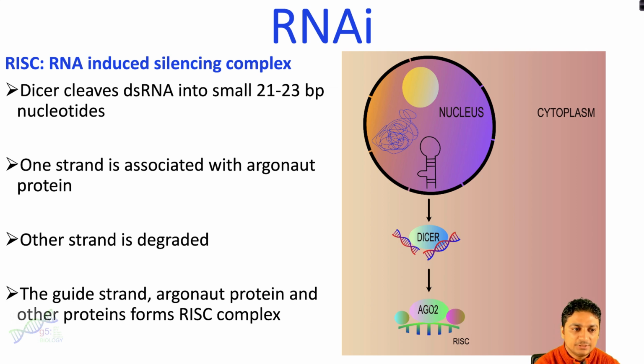one of the strands, which we call the guide strand, will be associated with the Argonaute protein. However, the other strand, sometimes called the passenger strand, gets degraded, and this guide strand along with the Argonaute protein and some other proteins forms a complex, and this complex is called RISC, commonly called the RNA-induced silencing complex. So this is the main complex that is responsible for RNA silencing, and this guide strand will guide the